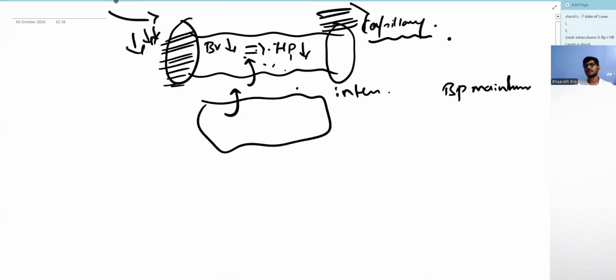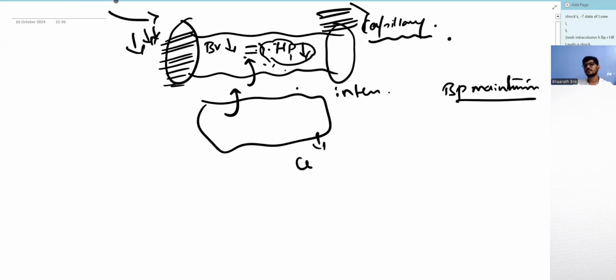Right? It needs to maintain the intravascular volume by taking fluid from the interstitium. To take that, it needs to reduce its own hydrostatic pressure. So that is why there is a selective vasoconstriction of the pre-capillary sphincter more than the post-capillary sphincter, so that the inflow is reduced but the outflow is maintained, so that the blood volume at a given capillary is reduced, which further reduces the hydrostatic pressure, which pulls all the fluid from the interstitium, which in turn pulls the fluid from the cell. So by this mechanism, the intravascular volume is maintained, which maintains the urine output.